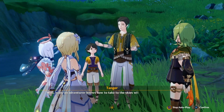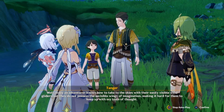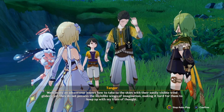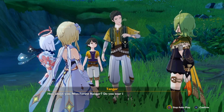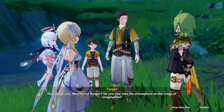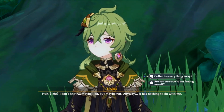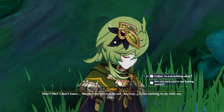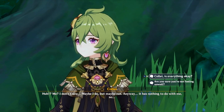Well, many an adventurer knows how to take to the skies with their easily visible wind gliders, yet they do not possess the invisible wings of imagination, making it hard for them to keep up with my train of thought. How about you, Miss Forest Ranger? Do you soar into the atmosphere on the wings of imagination? Huh? Me? I don't know. Maybe I do, but maybe not. Anyway, it has nothing to do with me, so...